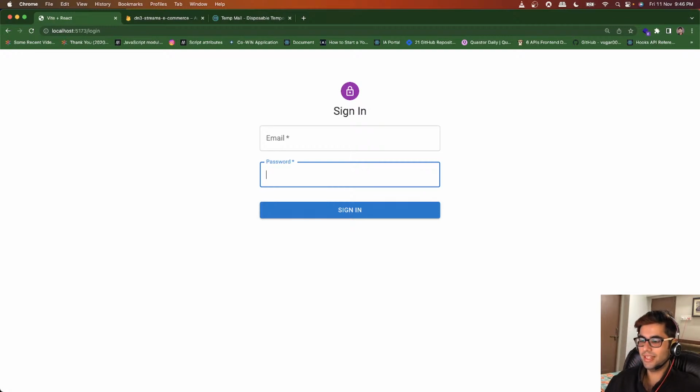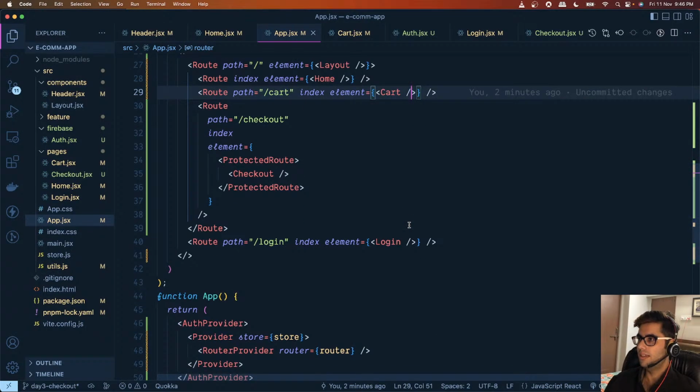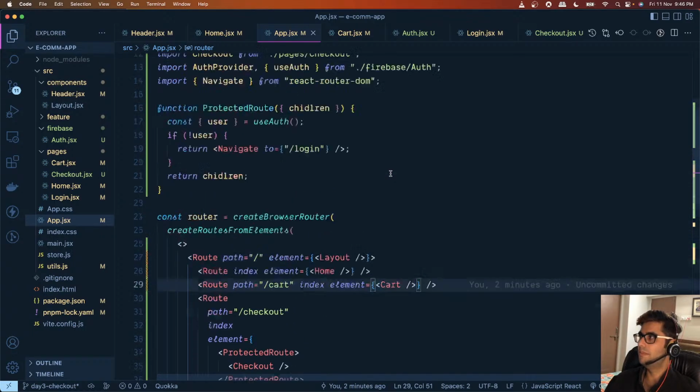So I hope you guys are finding this interesting, that we are able to work with Firebase auth. We are able to log in. Once we are logged in, we are able to display the information associated with the user, and we are checking if the user is logged in, then only we go to the checkout page. Otherwise we go to the login page, right? Okay. Then so this part is done,